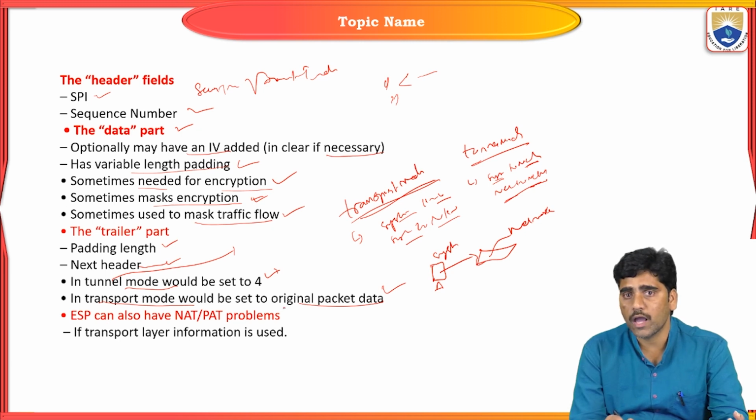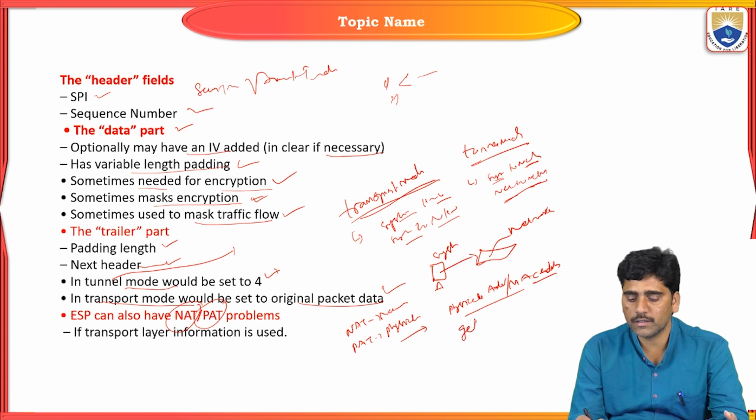And ESP can also have some network address translation problems, as well as physical address translation problems. NAT stands for network address translation, and PAT stands for physical address translation. How do you get the physical address or MAC address? MAC is the medium access control address. You can find the system MAC address by using the getmac command. And if transport layer information is used,